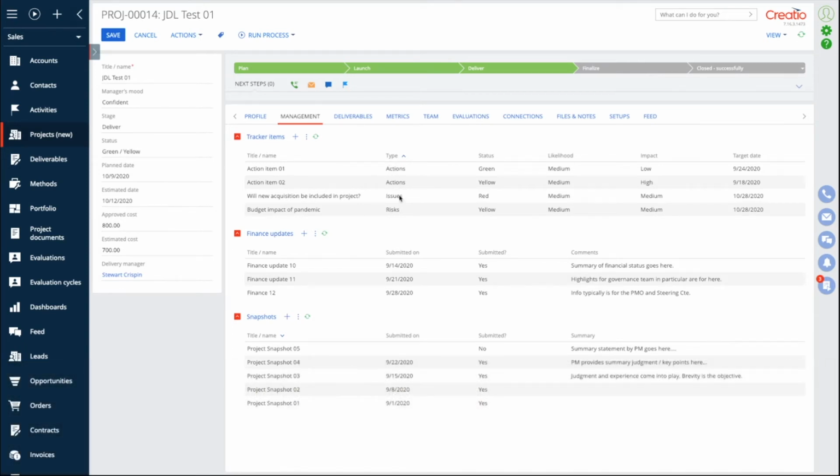They might be issues that represent questions that need to be resolved or answered, typically through escalation that includes the steering committee, the top level of the governance structure, and risks, as we mentioned, are threats to the planned delivery, the schedule, the budget, the scope, the quality.